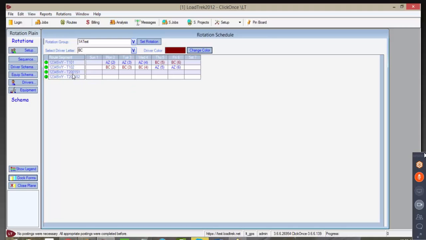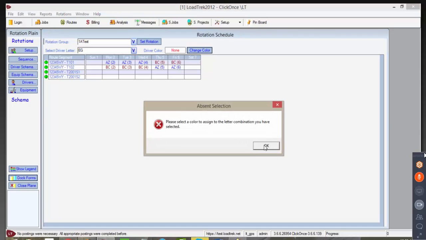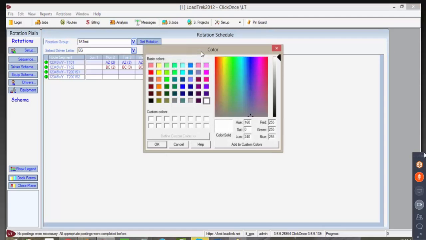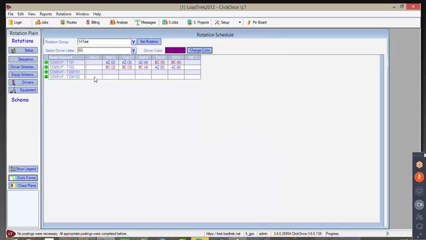Contrary to 101 and 102, trip 2001, both stages are executed on Sunday and Saturday, or Saturday and Sunday. So we actually have a different driver that does these on Saturdays and Sundays. So I'm going to go ahead and pick EG. EG actually does them. He does it on Sunday. Oops, I need to pick a color for EG. And let's go with some sort of purple here. Okay, so EG does it. He does both segments on Sunday, but he only does one on Saturday. And then,